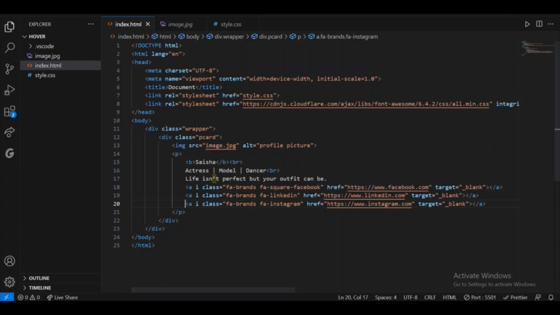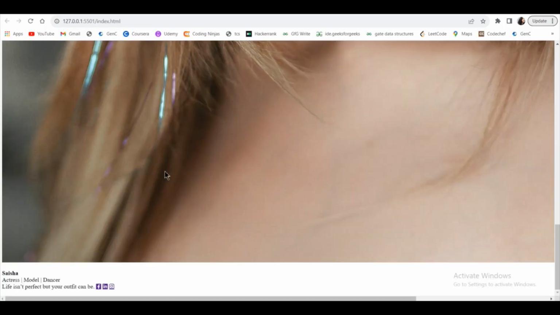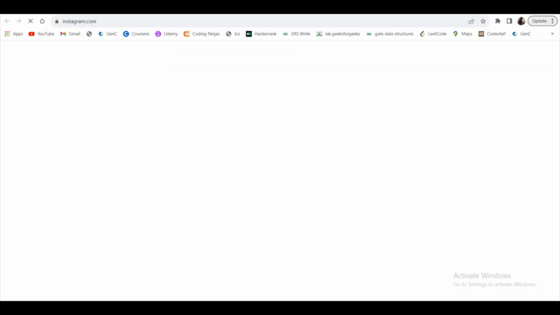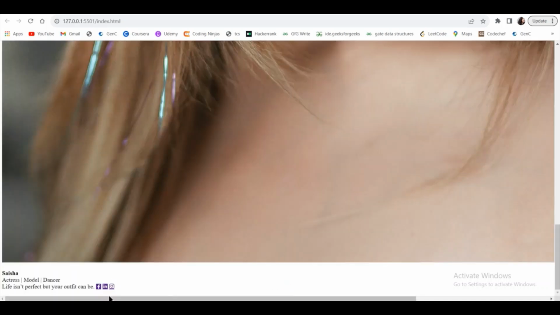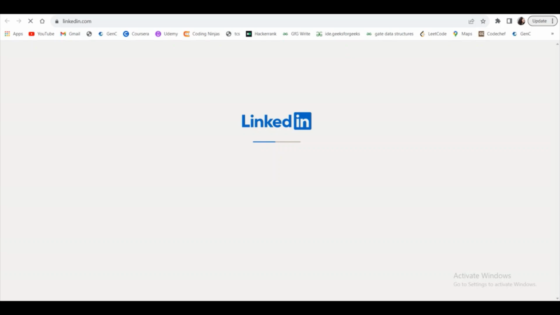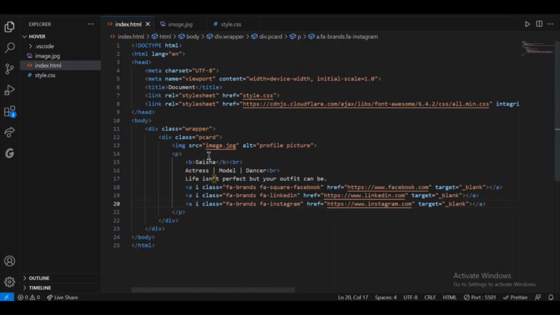So let's save it and see the output. As you can see, I am clicking on the Instagram icon and it opens the Instagram page, and I am clicking on the LinkedIn icon. Yeah, so now let's enclose this whole thing, that is the whole caption thing, inside a div